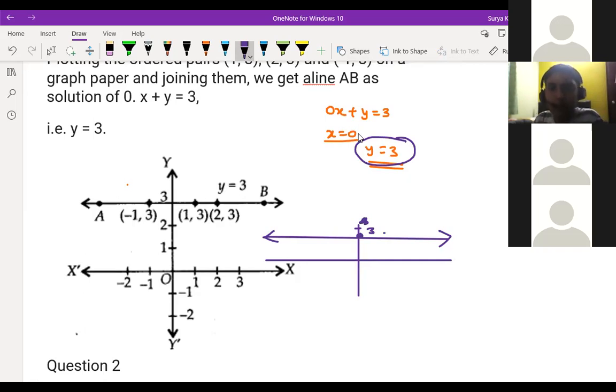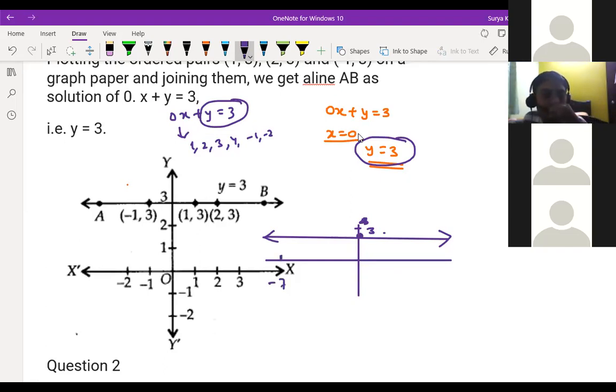Yeah, and suppose you also put 0x plus y is equal to 3, whatever the value of x you put here, 1, 2, 3, 4, whatever is coming in your mind, that term will become 0 because here 0x is given, right? Yes, sir. So y is equal to 3 only you will get, because see, at this point, suppose this is -7. At -7 also we are getting 3. At -3 also we are getting what? 3 only. Understood?